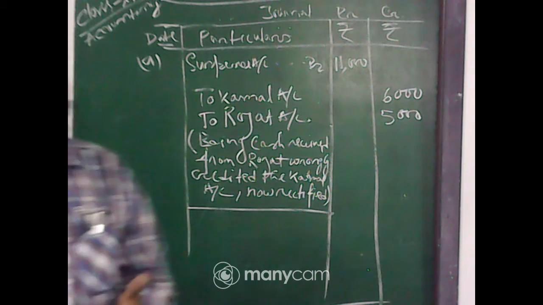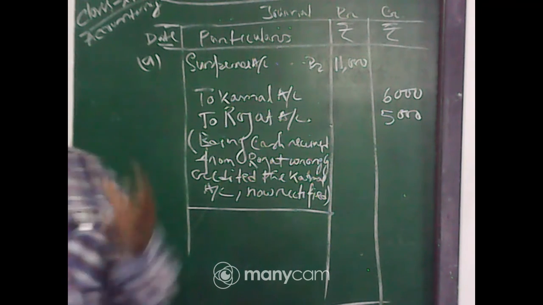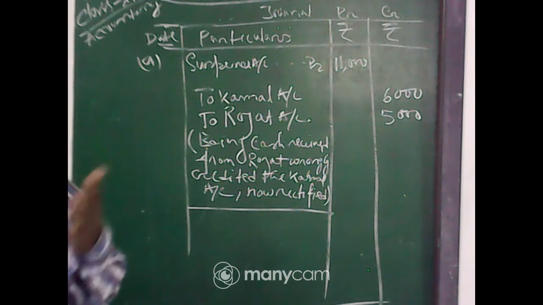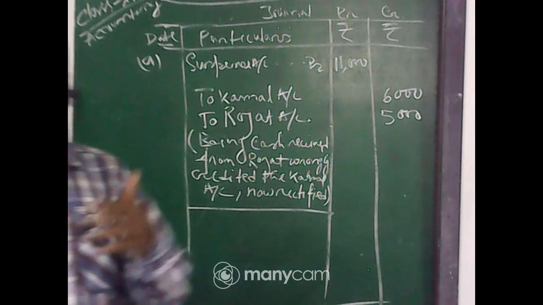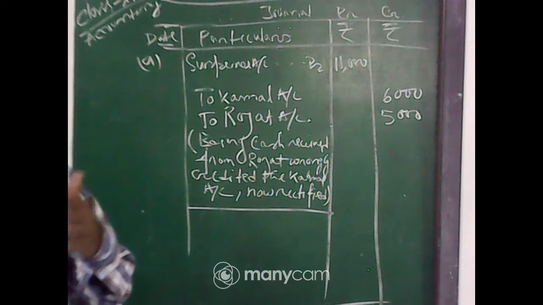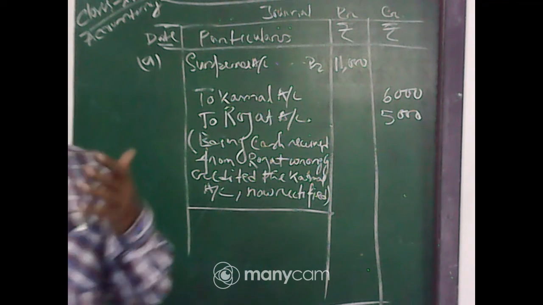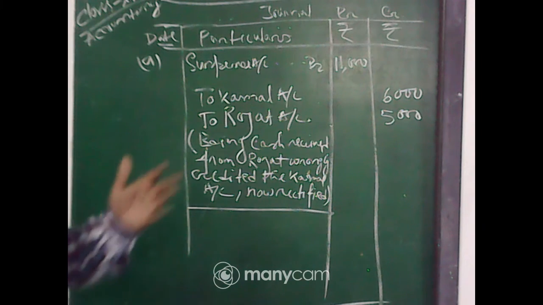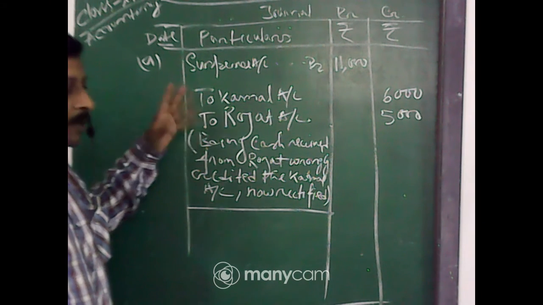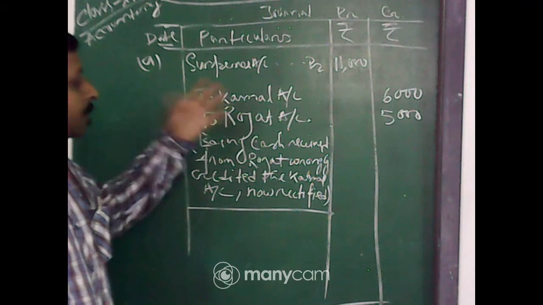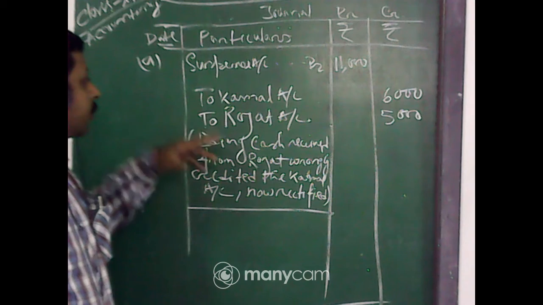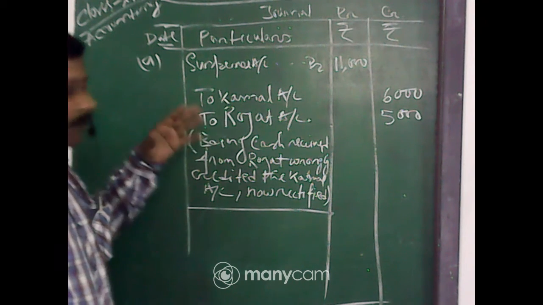So here you will see cash received from Rajat. In your mind you first think what the right entry is: cash account debit to Rajat. But actually they did Kamal instead of Rajat. They actually debited Kamal account, but this is also wrong. As Kamal is debited, there is no Kamal account there, so you have to credit it to nullify the thing. Then you have to do the Rajat account, because Rajat account should actually be credited.